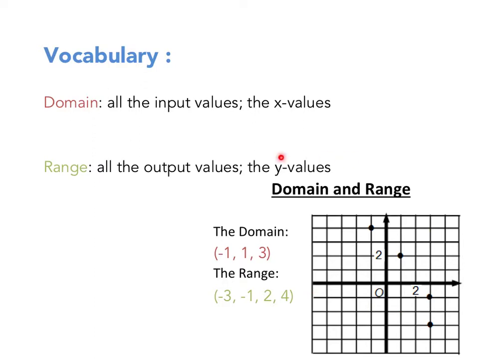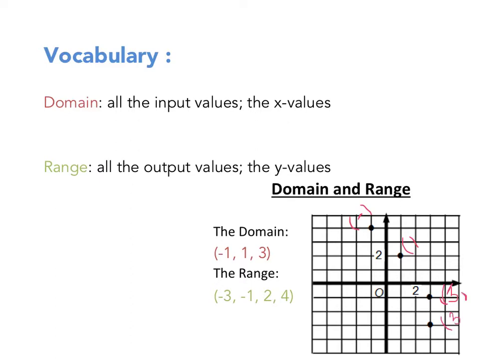So I have the example that you should get down right here. So we're looking at the domain. We need to look at the x values. And this is what we call a discrete function because it just is some points. It's not continuous. It's not a line that would be like that or like that. And to find the domain, you just have to label the x value of every coordinate. So the x value of this coordinate is -1. And the x value of this coordinate is +1. And the x value of each of these coordinates is